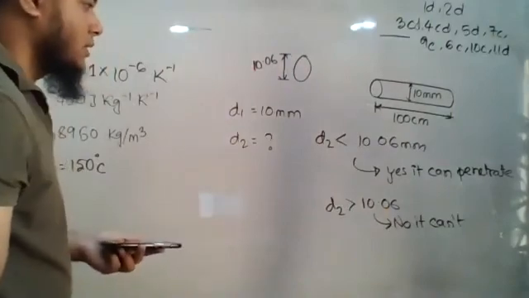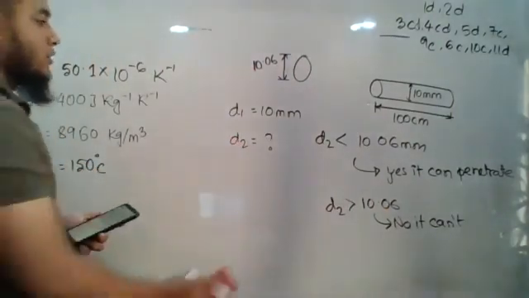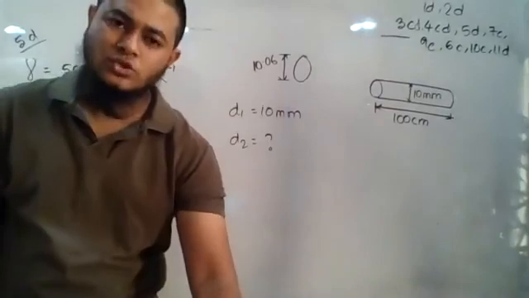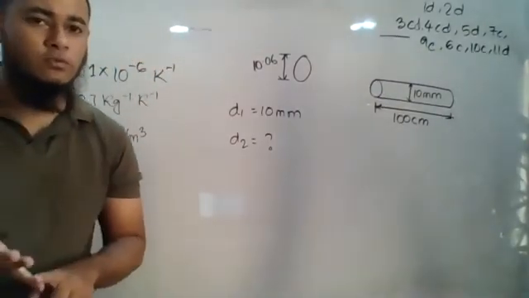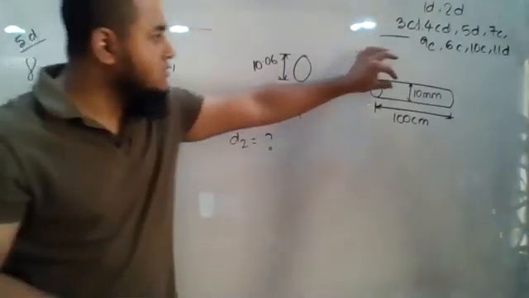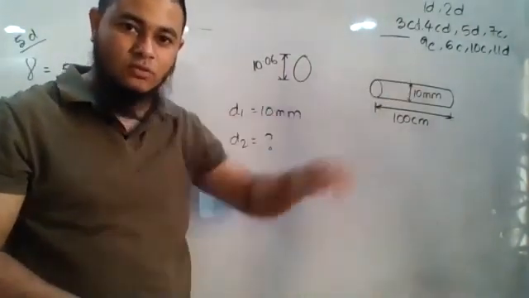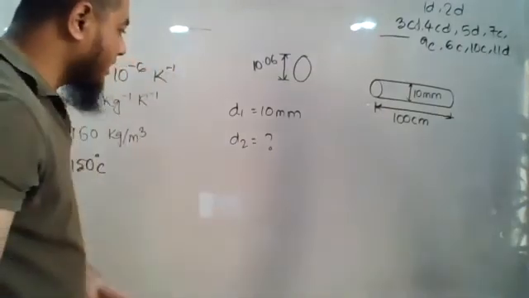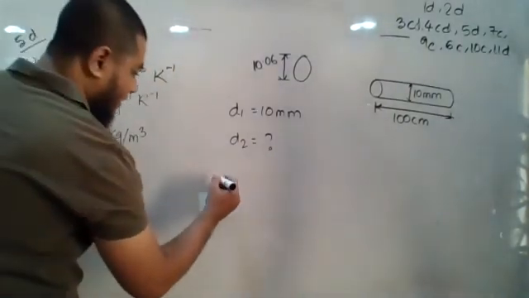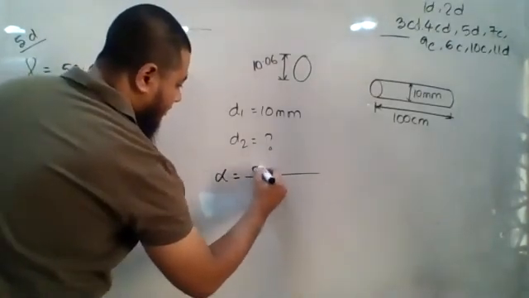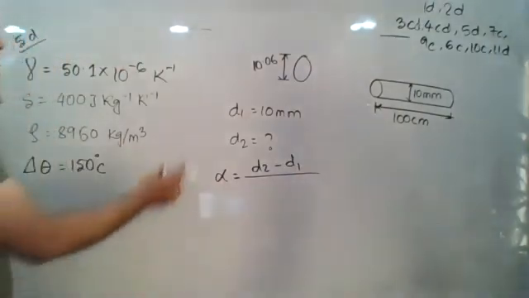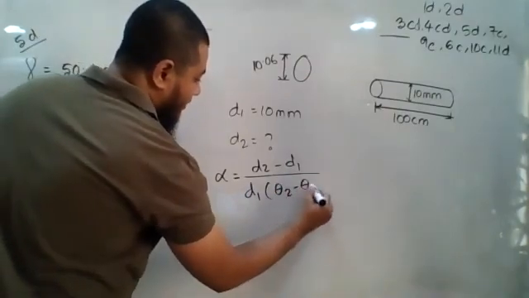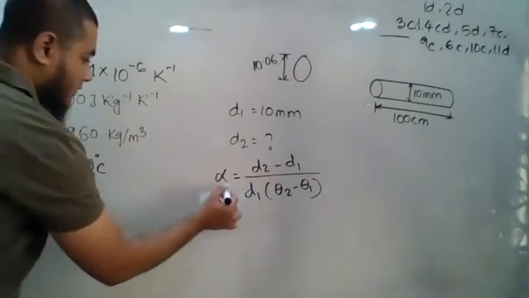ওকে, আশা করি তোমরা লিখতে পারবে। আমাদের মেইন জিনিসটা হচ্ছে D2 ক্যালকুলেট করা। এটা নিয়ে অনেকের ডাউট হয় যে D2 ডায়ামিটারের জন্য তো কিছু করি নাই, আমরা করেছি লেংথের জন্য, এরিয়ার জন্য, ভলিউমের জন্য। খেয়াল করে দেখো, ডায়ামিটারও কিন্তু একটা লেংথ। তোমাকে যদি বলি একটা জিনিসের ডায়ামিটার কত, তুমি বলবে 2 মিটার, 3 মিটার, দ্যাট ইজ আ লেংথ, রাইট? সো আমরা এখানে লেংথের বিষয়টা ইউজ করতে পারব। সো আলফা ইজ ইকুয়াল টু D2 মাইনাস D1 ইনটু θ2 মাইনাস θ1।